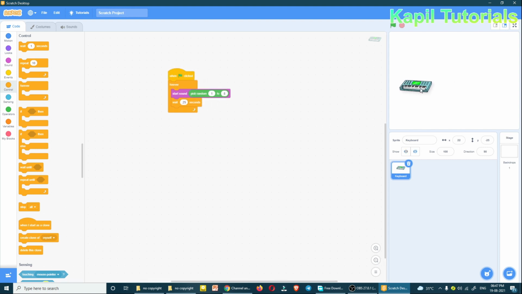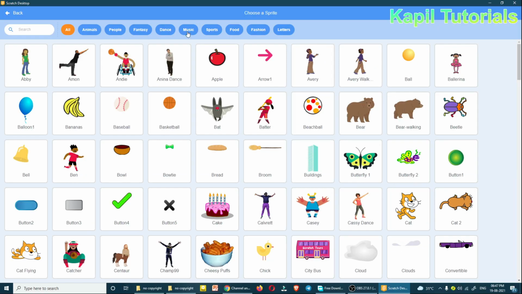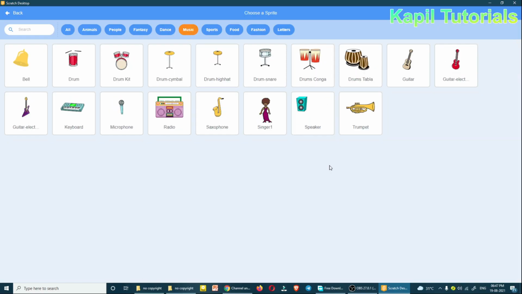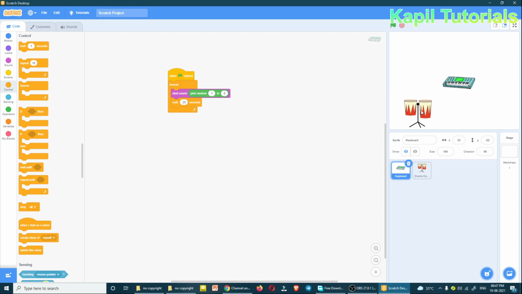Along with this, I want to take some other sprite, so I'll choose a sprite from here. Then again music, I'll take, suppose, Congo. I'll take Congo here. I'll click on keyboard.